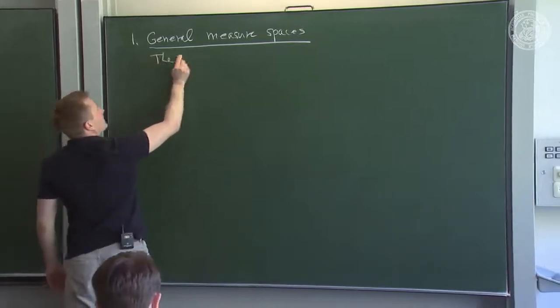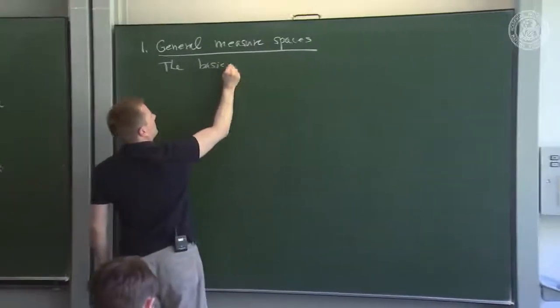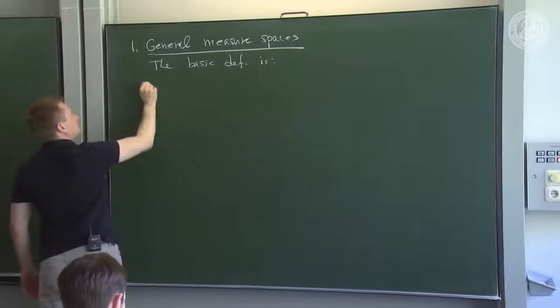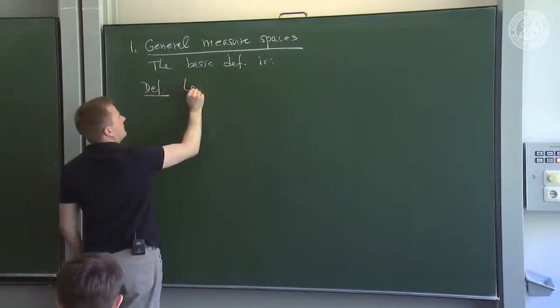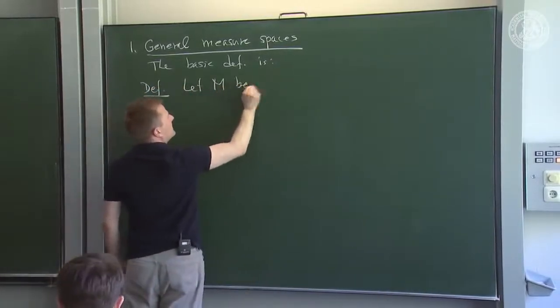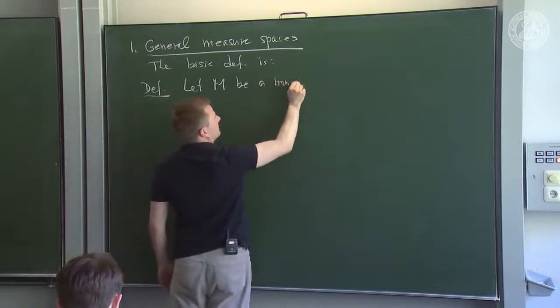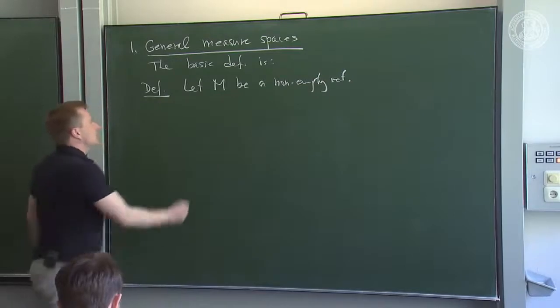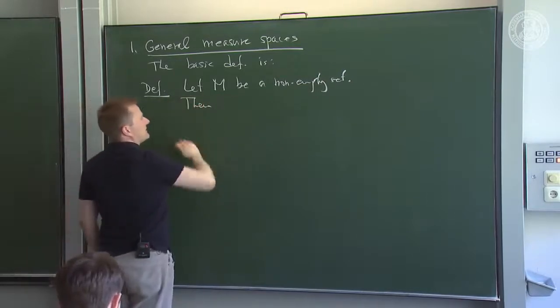So the basic definition is, let M be a non-empty set. Then a collection of subsets